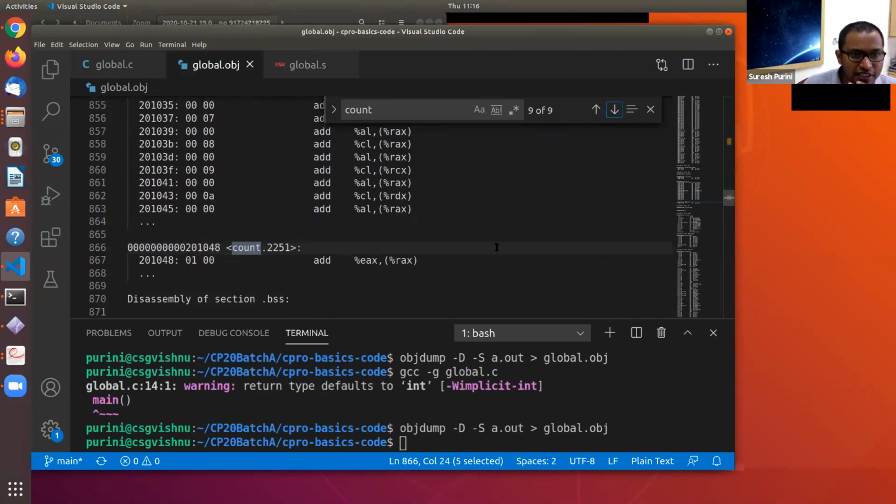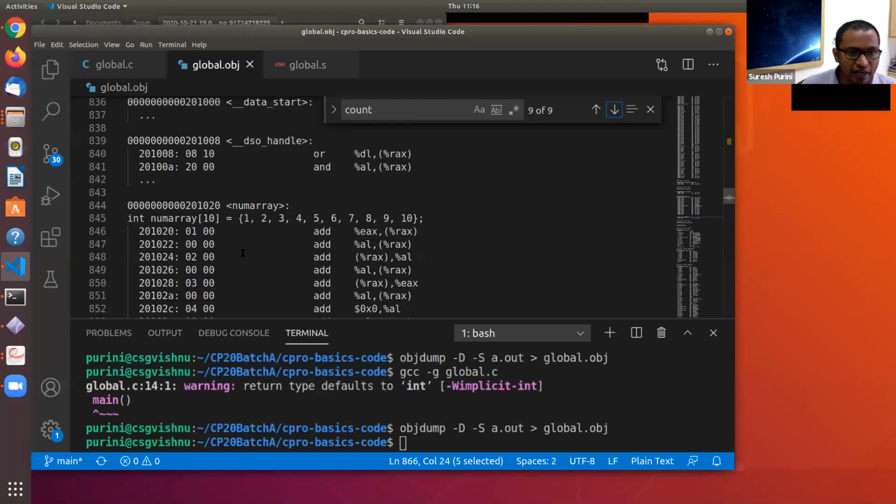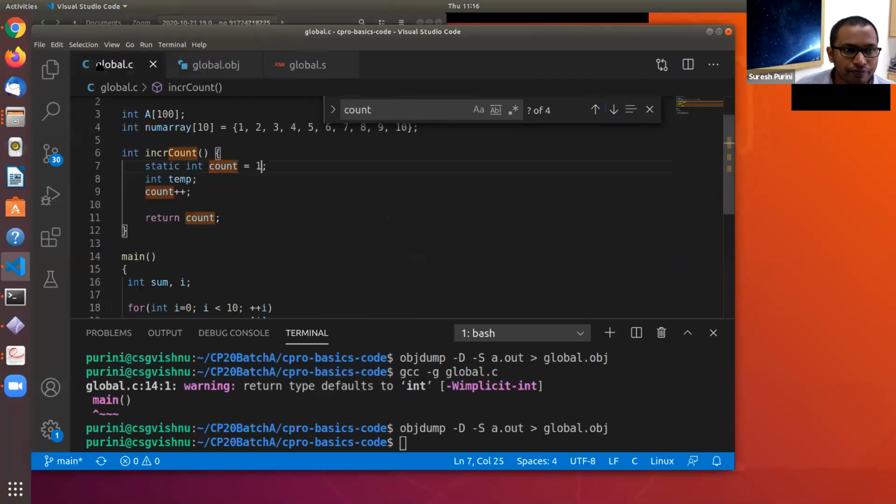Yeah, so now you can see count is allocated memory in the data section along with num array because count is initialized to a certain value.